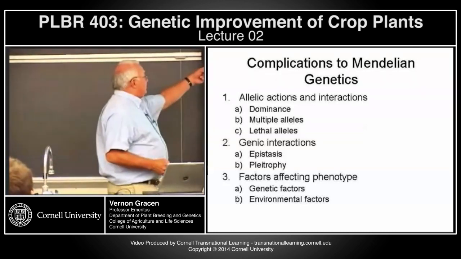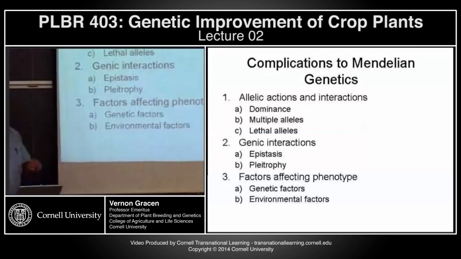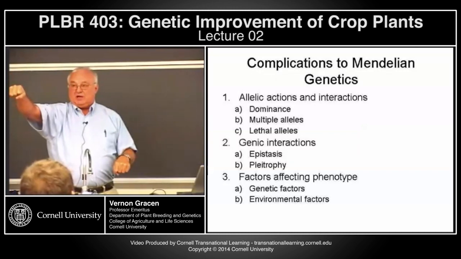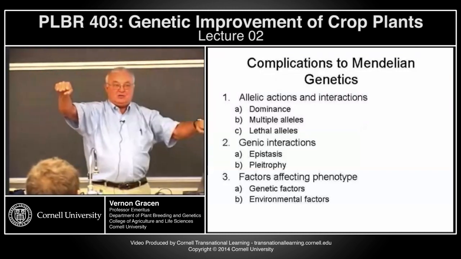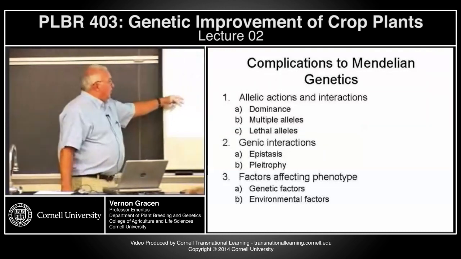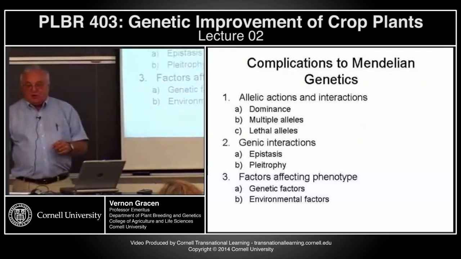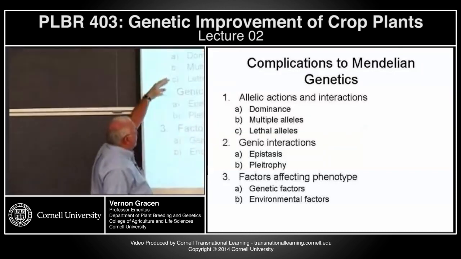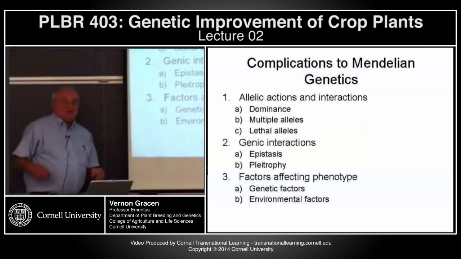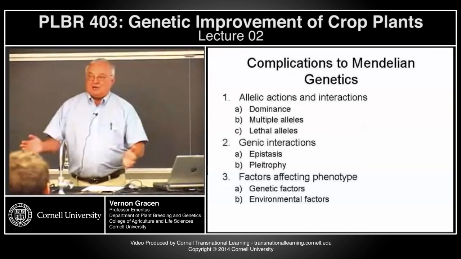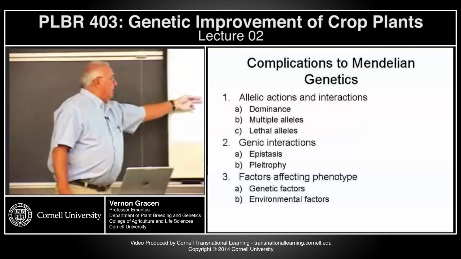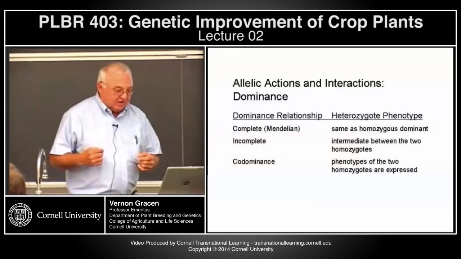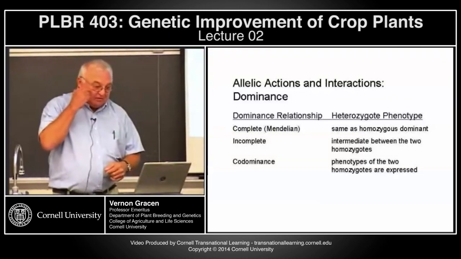Processes such as epistasis and pleiotropy clearly involve genes interacting, controlling traits expressed by other genes. We also have other factors, both genetic and environmental. For the rest of today's lecture, I'll talk about the top two-thirds of this, and we'll throw in linkage as another complicating factor. On Wednesday, I'll talk about some of the environmental factors and other genetic interaction factors.